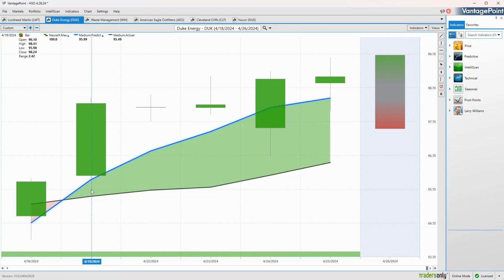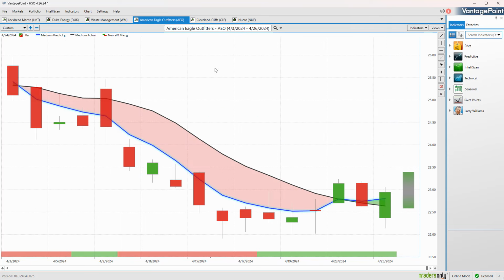Same thing here with Duke, right? We're getting this crossover Monday, having really been Friday, having the whole week to recognize, okay, something's going on in these utility stocks. Maybe we can go ahead and do some trading over here. And so what I want to do is really pivot here and highlight many of the opportunities that we've highlighted